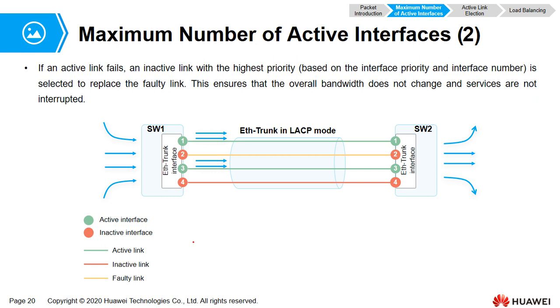Maximum number of active interfaces: if an active link fails, an inactive link with the highest priority based on the interface priority and interface number is selected to replace the faulty link. This ensures that overall bandwidth doesn't change and the services are not interrupted. You can see switch 1 and switch 2, we have an error with link number 2. You can see link number 3